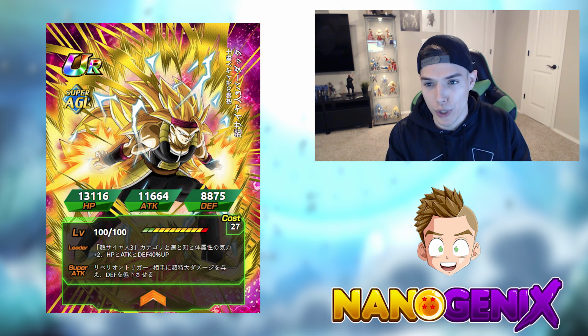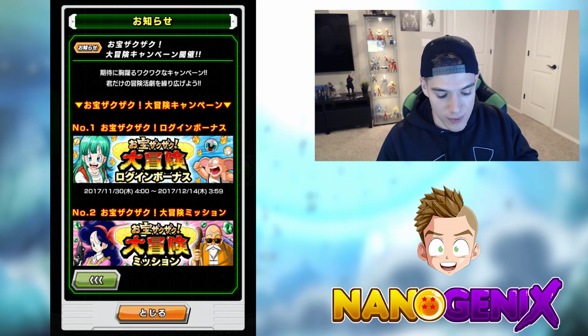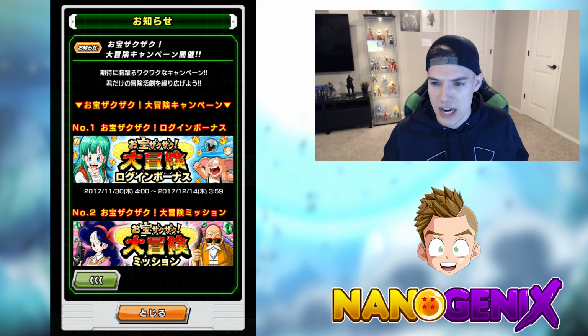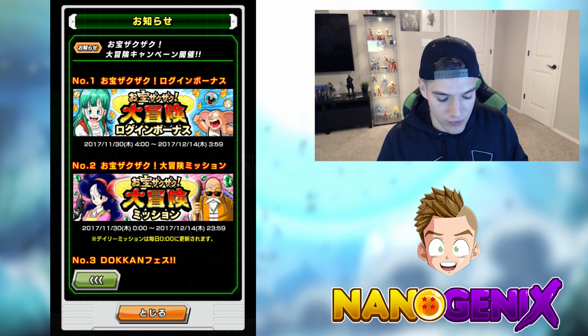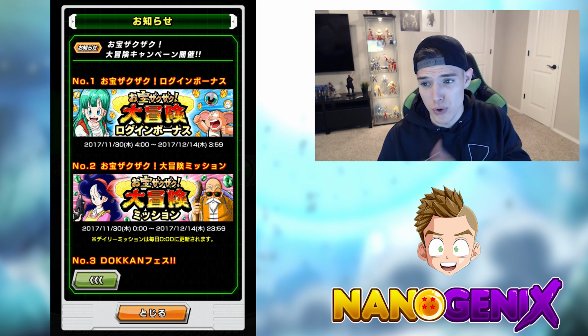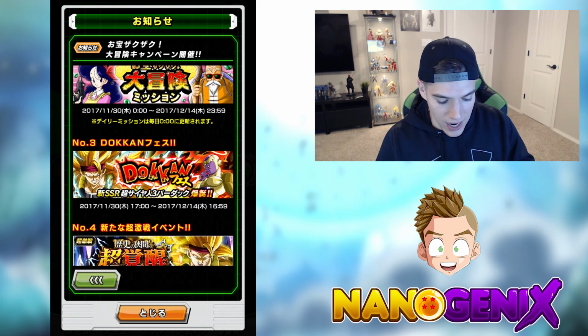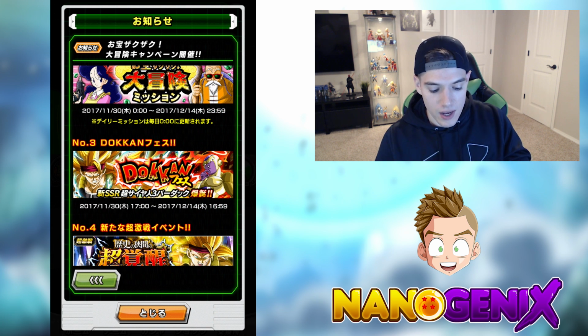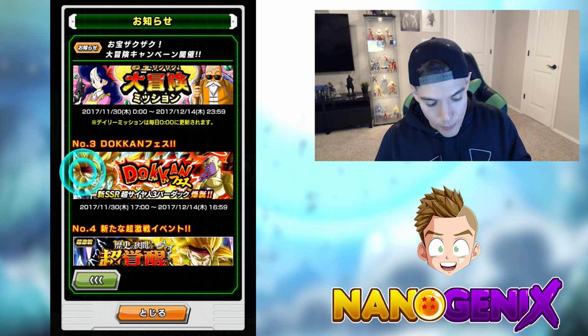Now, moving on really fast, covering these brand new events on the game that I'm looking at right now. I just wanted to cover it because I like to cover all these things here on the channel. But a brand new log-on bonus, which we'll take a look at real quick before we hop out of the app. At number 2, some new Treasure Geo Missions, which we'll talk about in a second as well. At number 3, the brand new Dokkan Fest with the return of the Intelligence Angel Golden Frieza, the brand new